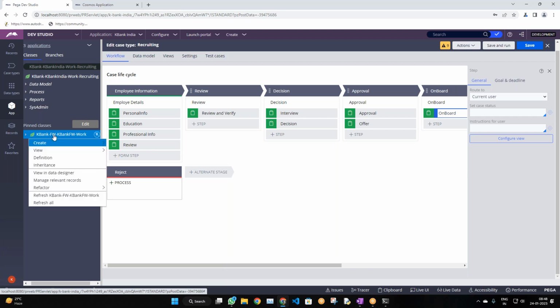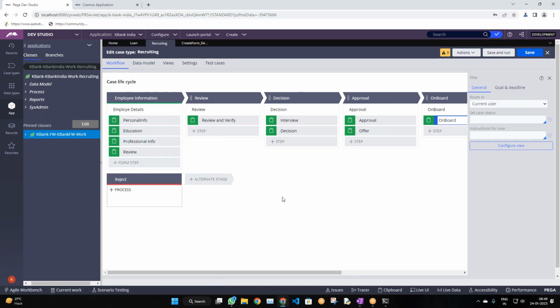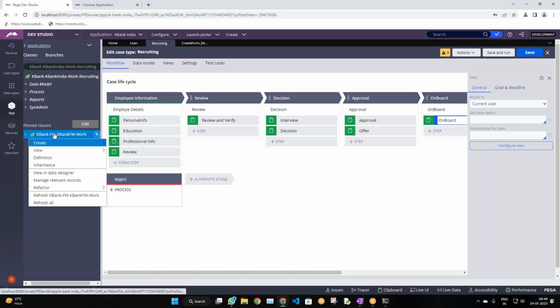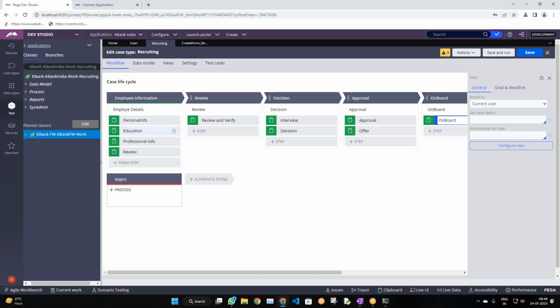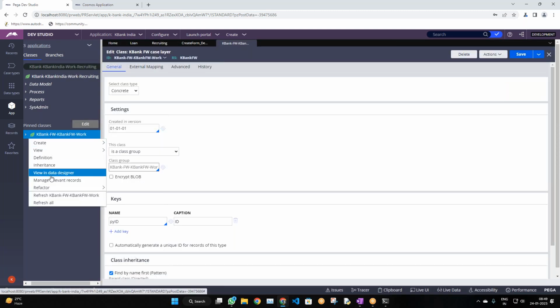You want to create multiple properties, right? So we need to create properties, and there we have to create a UI. Where do I have to create the properties? Creating properties in the lower layer always makes them more reusable, so that we can reuse them in the higher layer where we want. So right click here, click on the definition, view in the data designer,